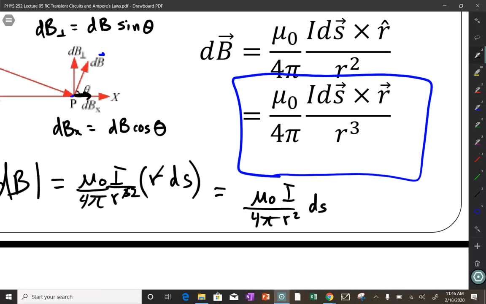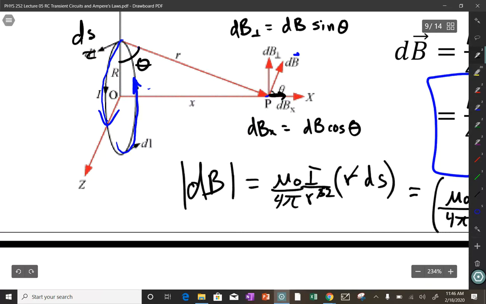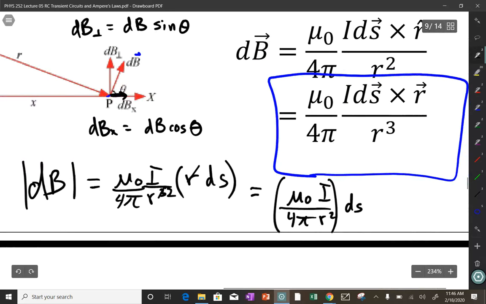And all of this stuff is going to be constant because based on our symmetry, r is going to remain constant. And so we just have now a line integral ds, which is,